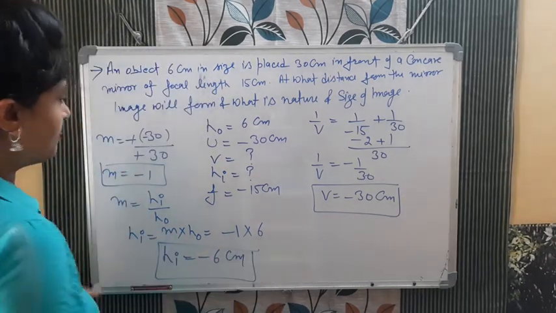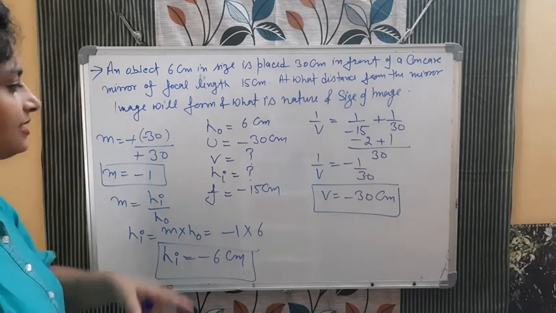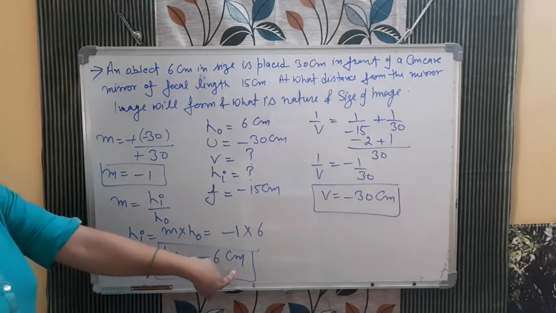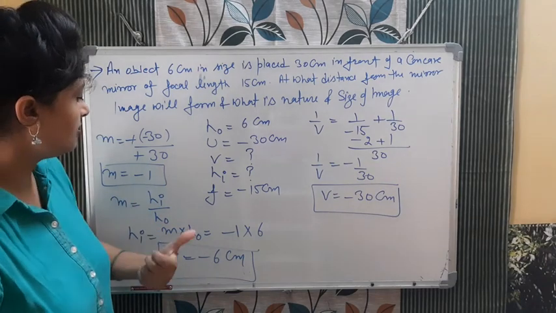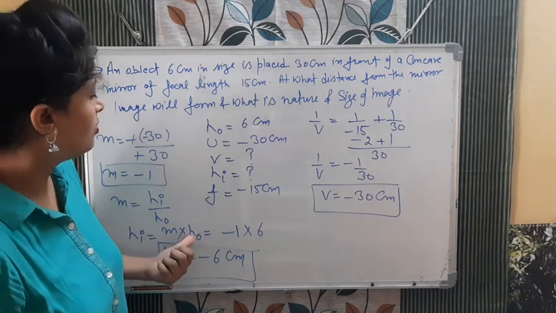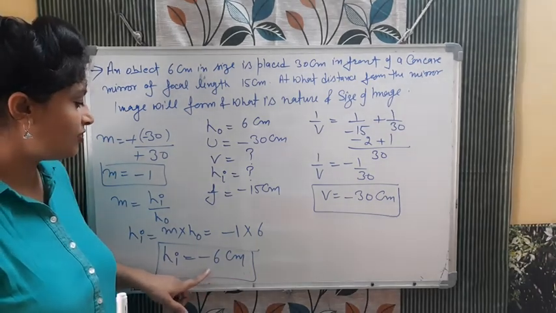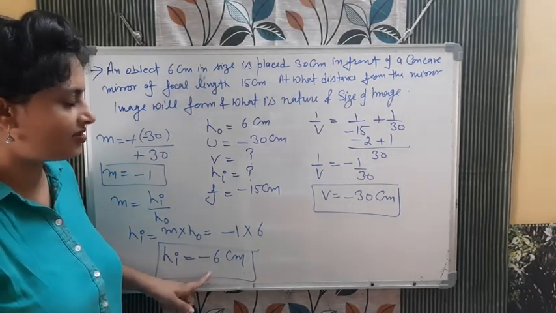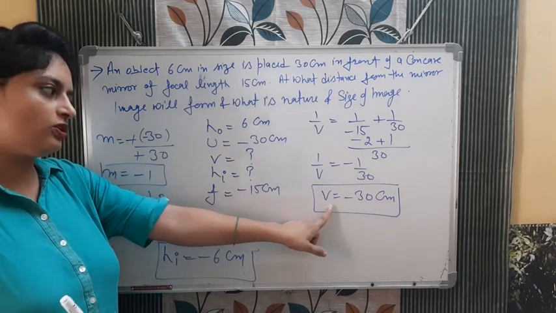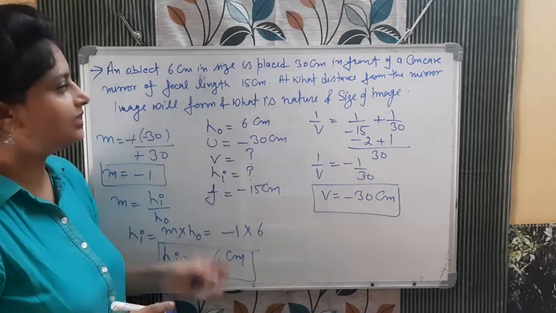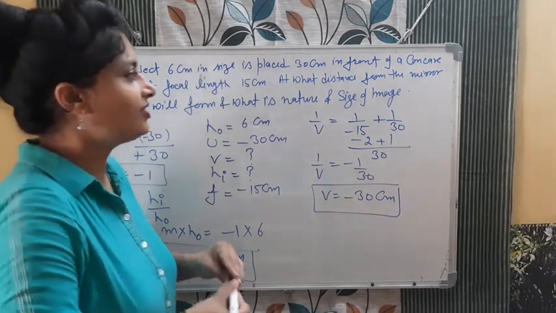This was very simple and I am hoping कि तुम लोगों ने खुद से किया होगा. Okay, so height of image is 6 times the height of object. क्योंकि height of object कितना था? Okay, height of object was 6, so it's not 6 times. It is same. Height of object and height of image is same. It is real. It is inverted. The distance is also same. Minus 30 centimeter. Both are in front of the mirror. Okay, so these kind of questions will come.